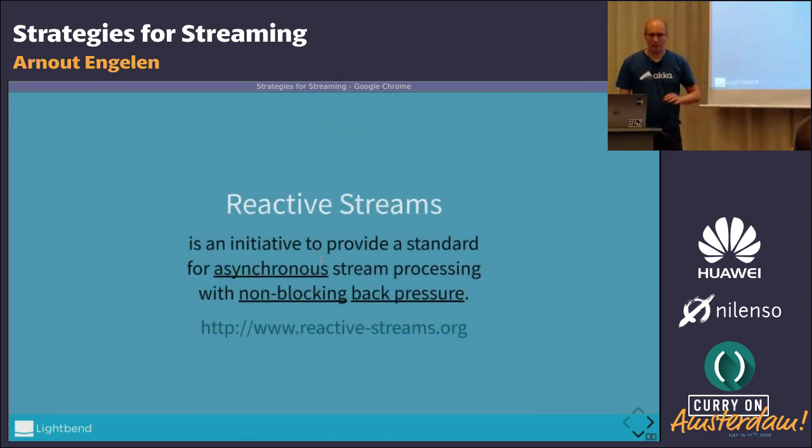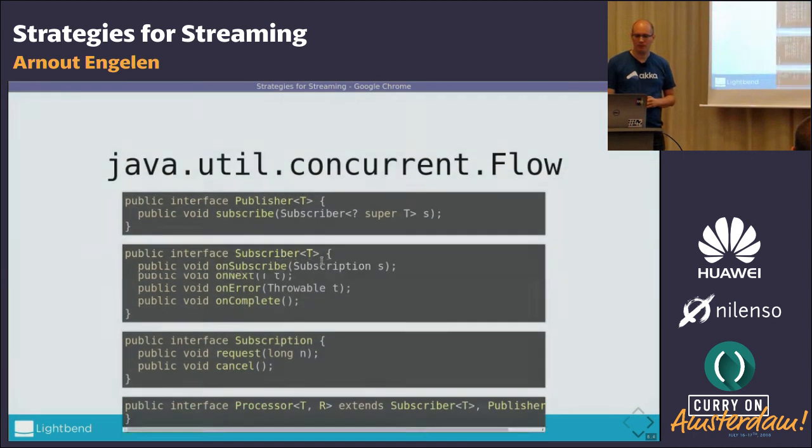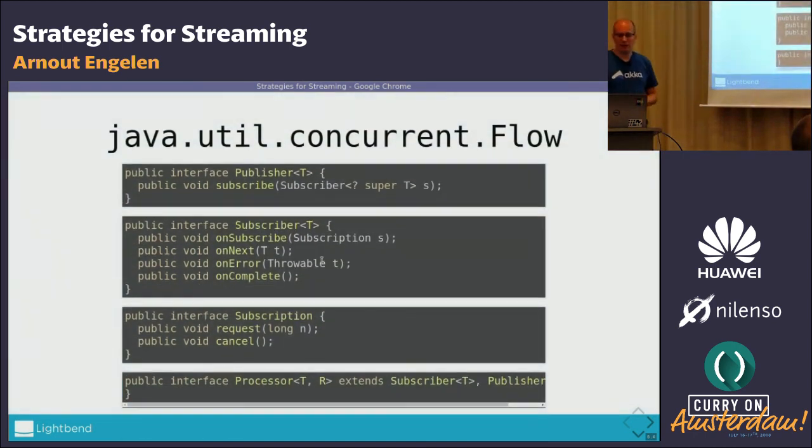Sorry, let's start with the scope of the Reactive Streams initiative. This was an initiative to provide a standard for asynchronous stream processing with non-blocking back pressure. So basically the exact 3 characteristics that we discovered, those were at the core of the Reactive Streams initiative. So the main deliverable of this initiative